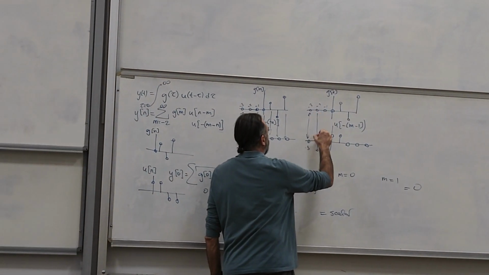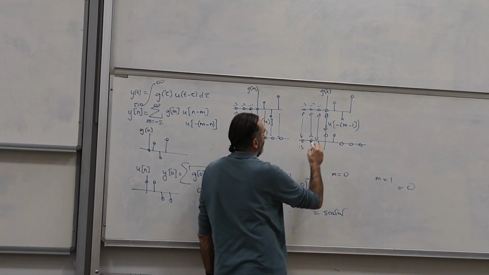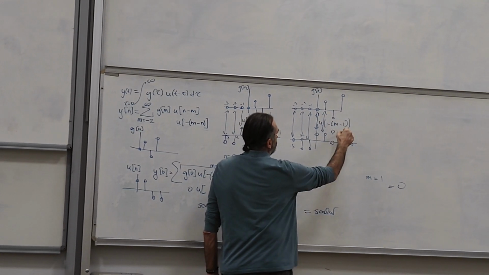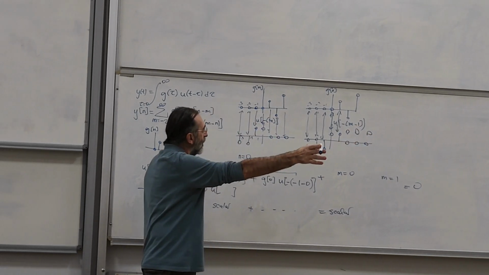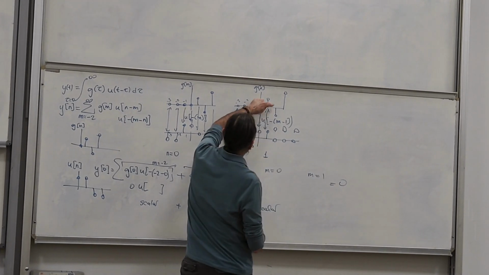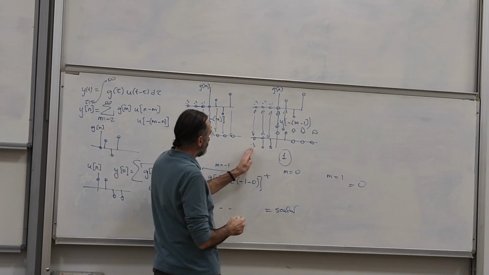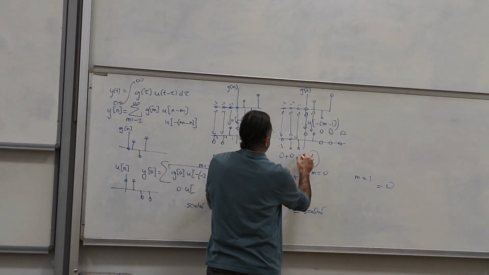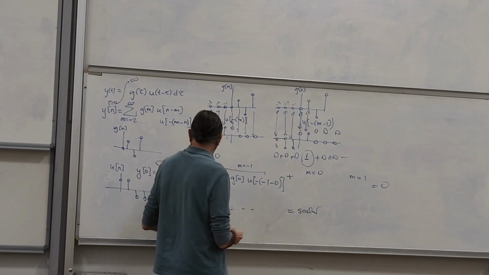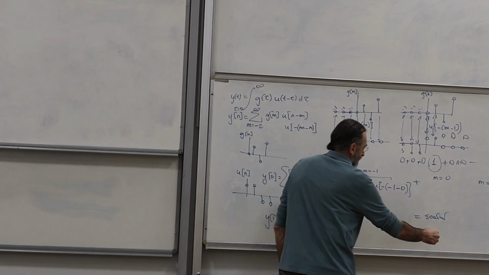This times this, this times that, this times this. Now here, I'm going to have a non-zero value. Here I'm going to have a non-zero value. Here I'm going to have 0. Here I'm going to have 0 and 0 for all. Okay, so here I'm going to get 1. Here, no, the only thing I have is 1. So all these other sums, 0 plus 0 plus 0 plus 0 plus 0, blah, blah, blah. So y of 1 is going to be 1.